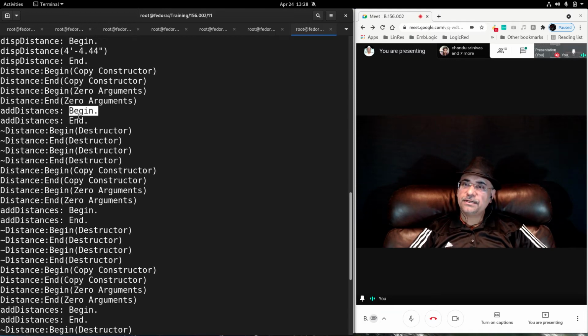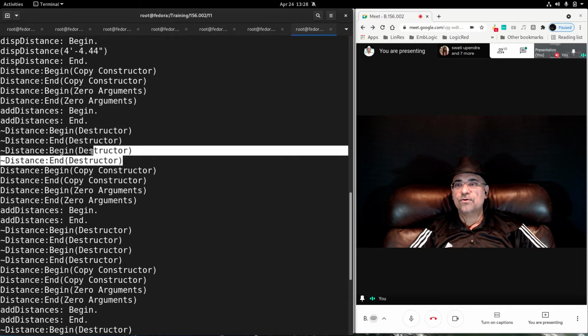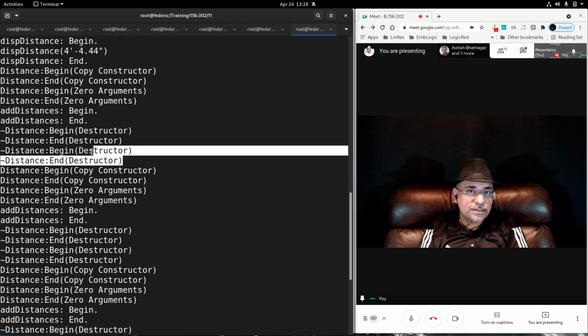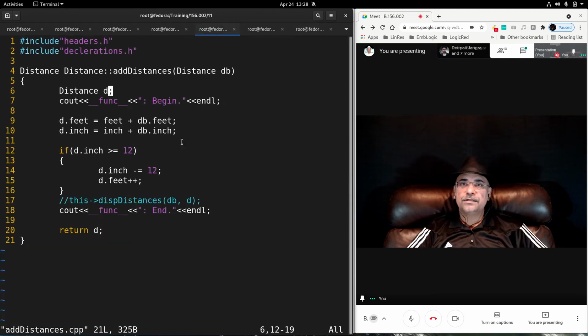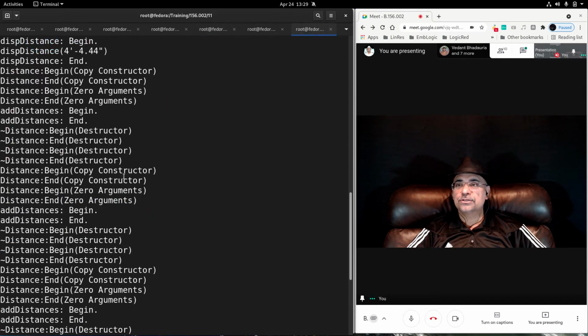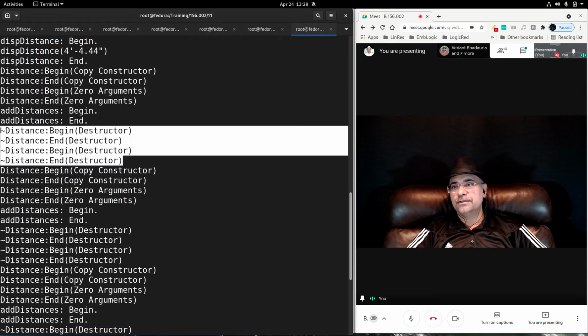Then the function begin and function end. Then the 2 objects created, the 2 destructors invoked, both the objects got destroyed. db went out of scope and local distance d both went out of scope after the return statement, after the end statement. So both the destructors, both the objects got destroyed.